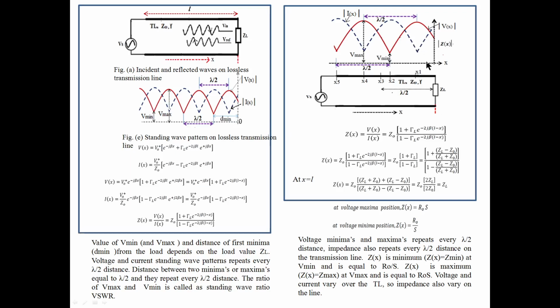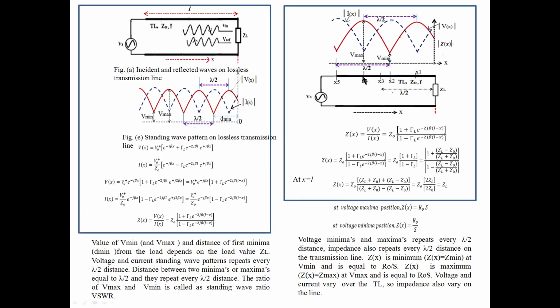So impedance also varies. We also studied that wherever the maxima is, impedance becomes maximum. At x1 the impedance is maximum, you will find it increases. At the load point it is ZL, and as you move the impedance changes, it doesn't remain ZL because of the transmission line behavior, and it becomes maximum at this position. As you move further, impedance decreases. As the voltage decreases, impedance decreases, and it takes a minimum value at the voltage minima at x2.